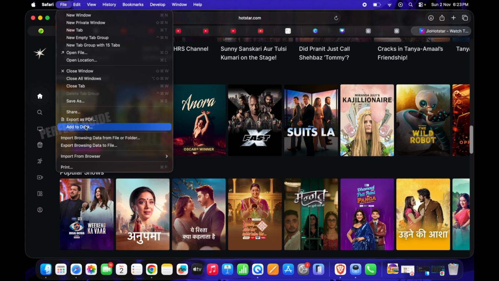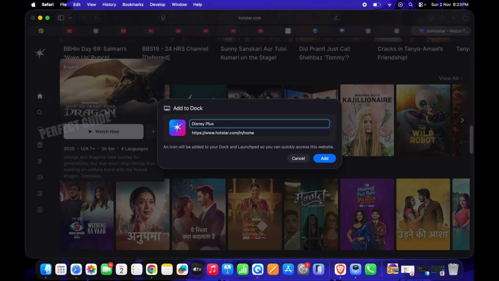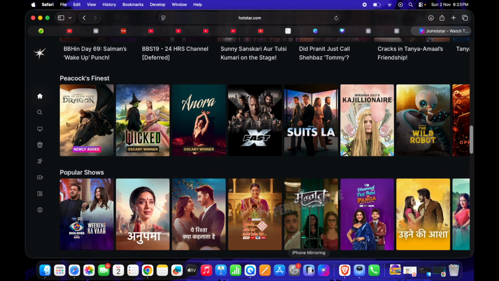of add to dock. And here you can just simply name it accordingly and also change the URL according to your needs and requirements or your preference. And you can do this with any other app as well and click on this option of add, and it will be added to the dock section, and you would be able to access it quite easily from dock quite